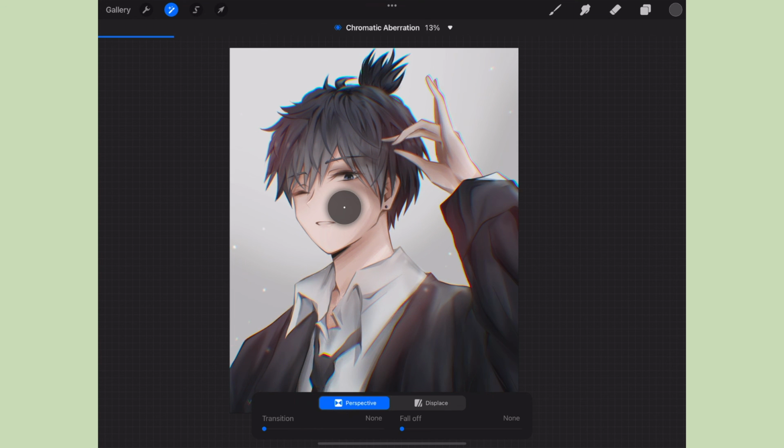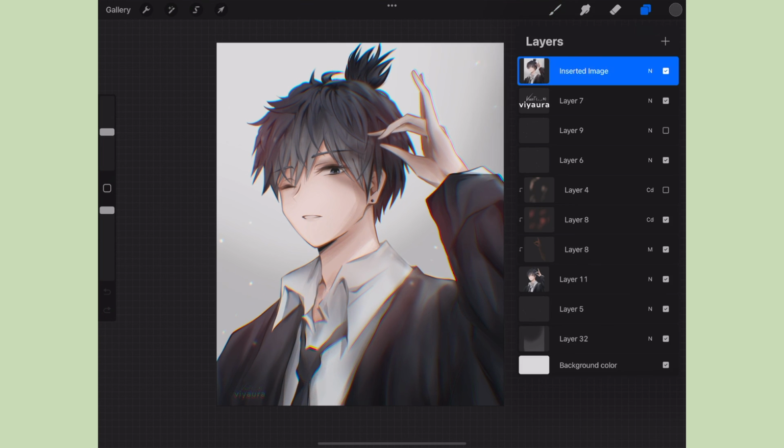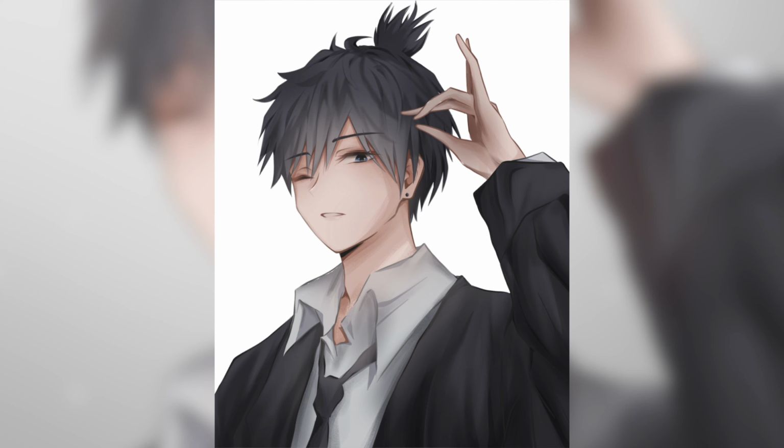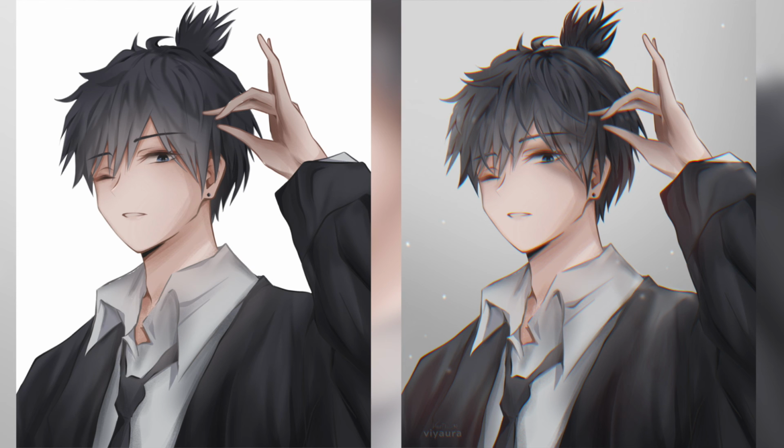And that is basically all I do. So after chromatic aberration, I consider it finished. So I don't know why I sounded so unsure, but we went from this to that, and then to this, and then that, and then finally this. So every step put together, it doesn't seem like a lot, but now when we see it side by side, we can see that, you know, the finalization steps do add up,